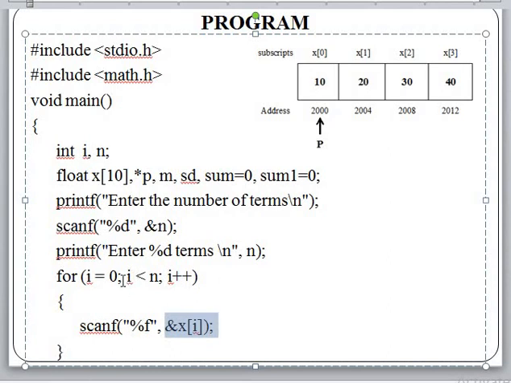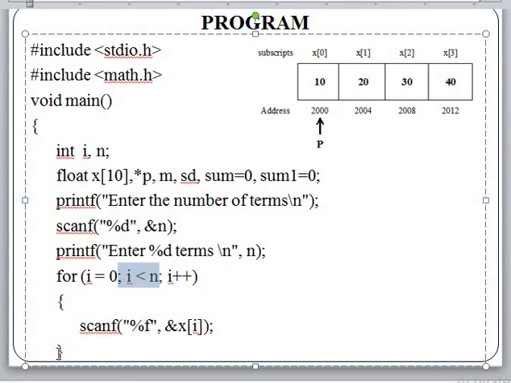Then again while going back, i becomes 2, and 2 is less than n, that is 2 is less than 4. The condition is true, so it will read x of 2. Then again it goes back, increasing the value of i by 1. i becomes 3, and 3 is less than 4. The condition is true, so it takes x of i, that is x of 3.